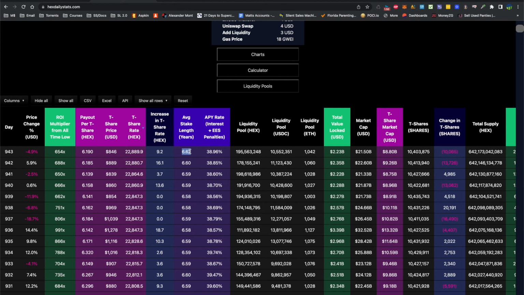You got the strong community. You got the contract that's never been hacked. You have all the math. The T-share rate goes up every day. You have the community that's onboarding new users literally every single day. And I mean, we're in a bear market right now, so obviously the price of everything's going down. But the next bull run, man, I think it's going to go to $2, maybe a little bit more.